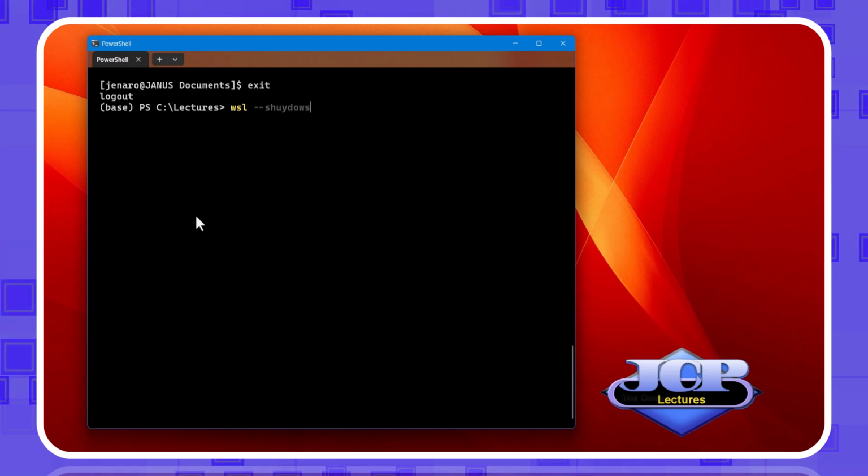I am clearing the screen and exiting Oracle Linux now because we need to reboot the kernel.